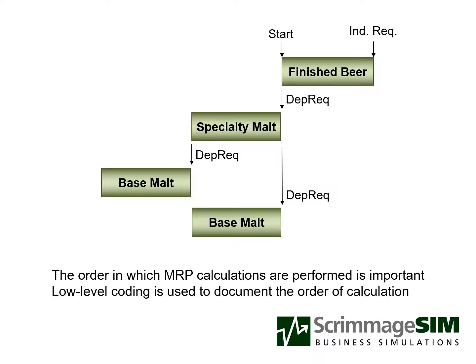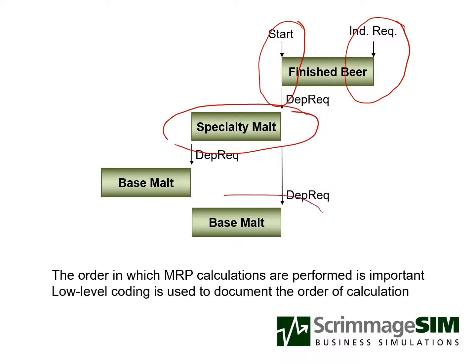Summarizing, we can see that the MRP process starts to get complicated for multi-level items. We need to figure out when we need finished beer. This is going to determine the start date for finished beer production, which creates dependent demands for specialty malt and base malt. The specialty malt also requires base malt, so we have to consider specialty malt production before we determine